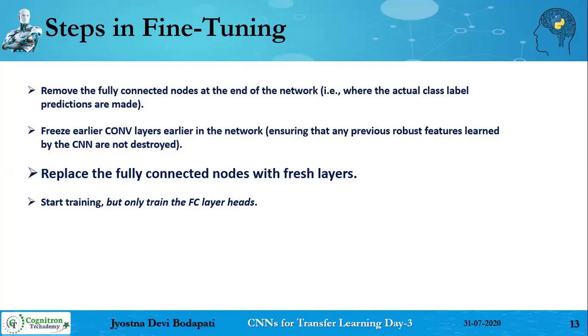If you have more data, you can add a few more dense layers. Otherwise, add one softmax layer where the number of neurons is equal to the number of classes in your own dataset. That is how you replace the fully connected layers with fresh layers. The existing fully connected layer we remove, and we replace it with the new fully connected layer.